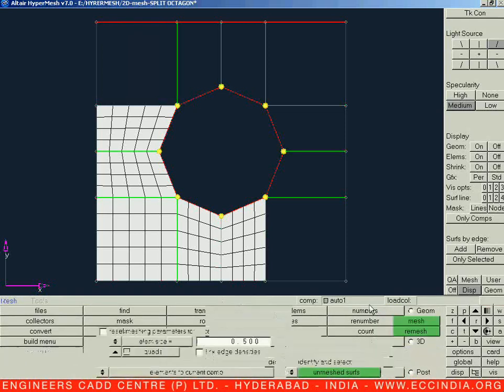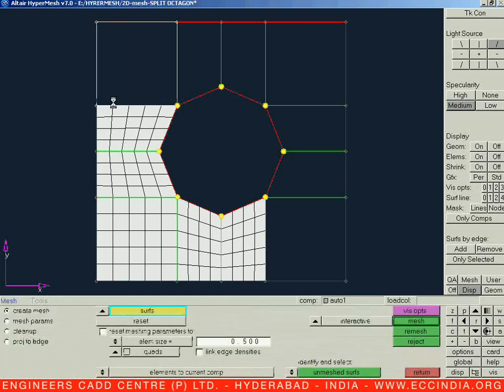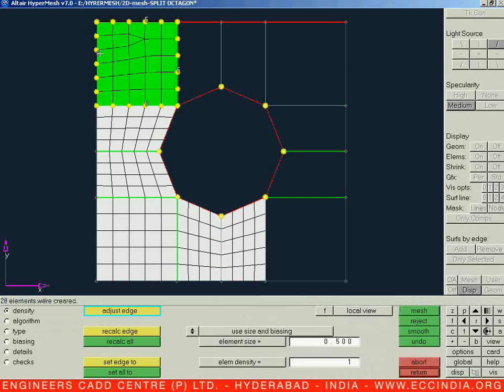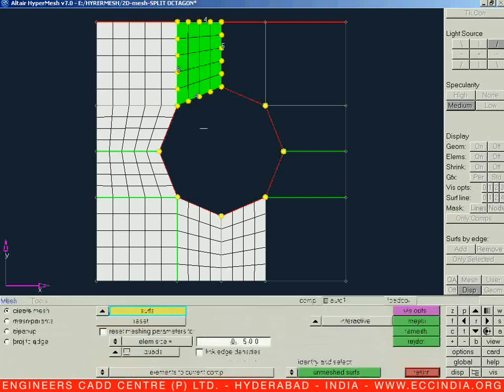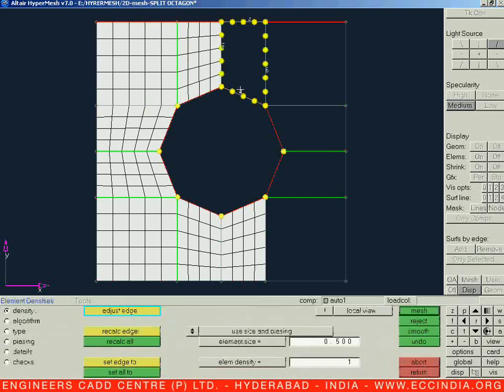Now again escape. Now let us say F12. Let us select it. So this is one way we can delete that particularly. Let us say 5 and just say OK. So by face is one criterion we can use to delete those particular elements with the help of selections. So let us reduce it by 1.